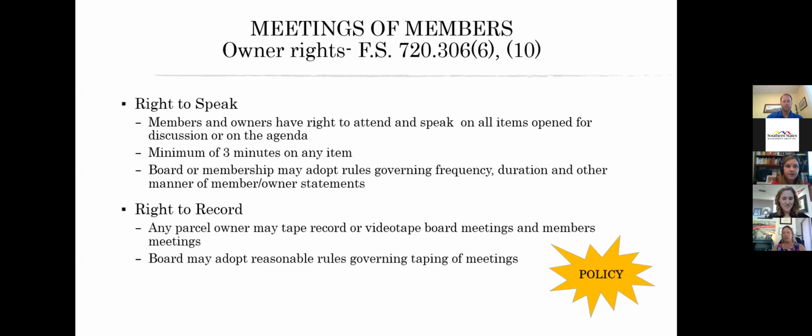This is a good time, just as you're starting your board service, to really dig into your documents, see what's there, and most importantly, see what's not there, and see what issues for governance your community might want to consider. Okay, so back to my very painful slide, and this one is the right to record. And this is a somewhat